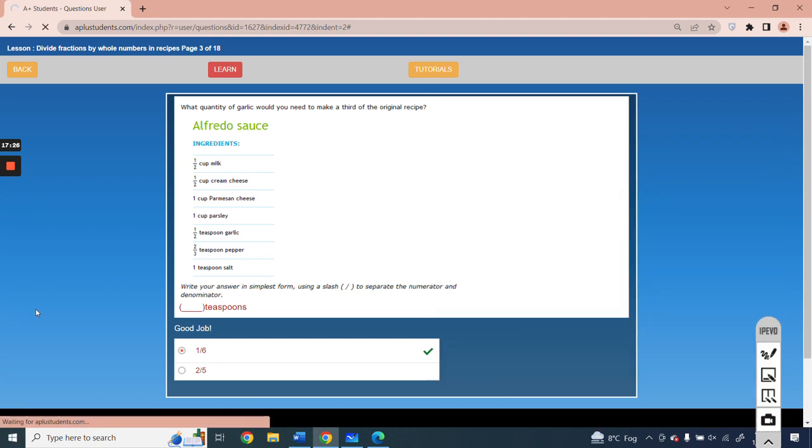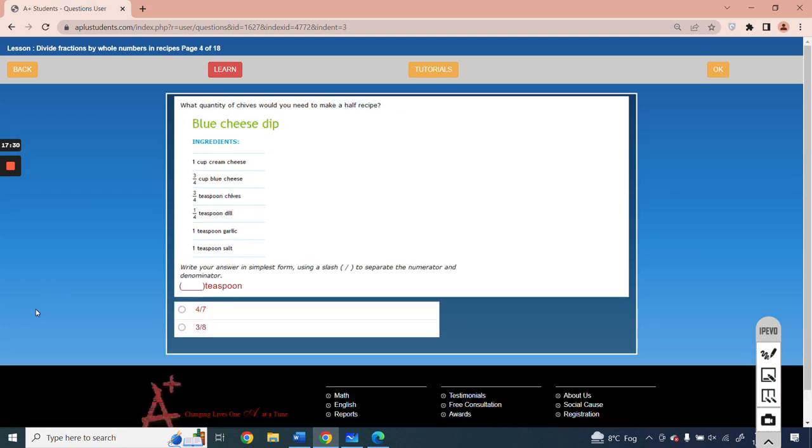The next one is what quantity of the chives would you need to make a half recipe? Okay, so in the original recipe, you have to use 3/4 teaspoon. Got it? So just divide 3/4 by 2. Got it? You have to do 3/4 divided by